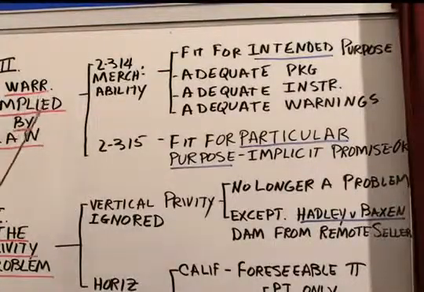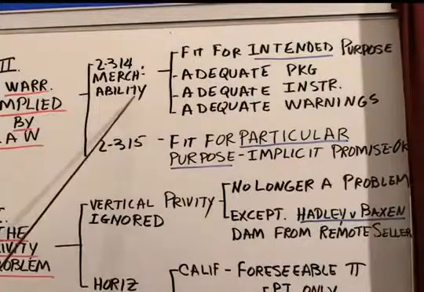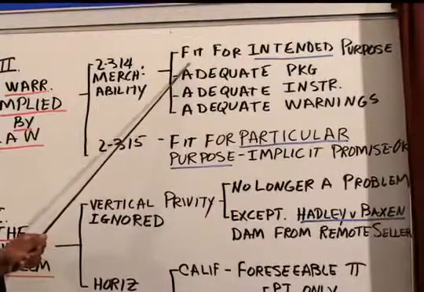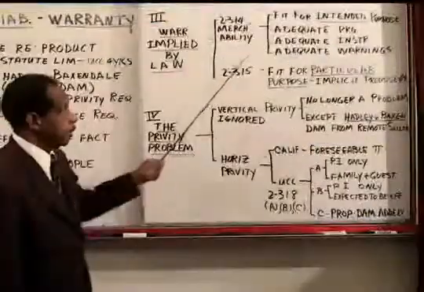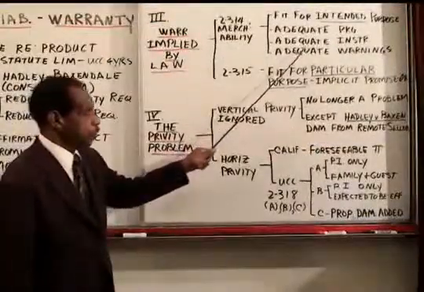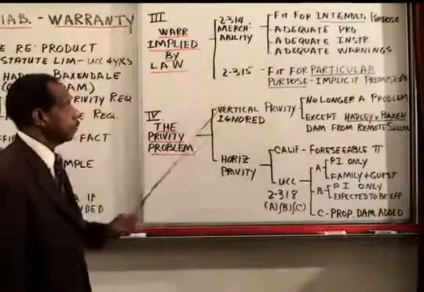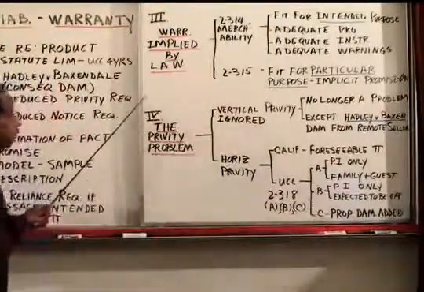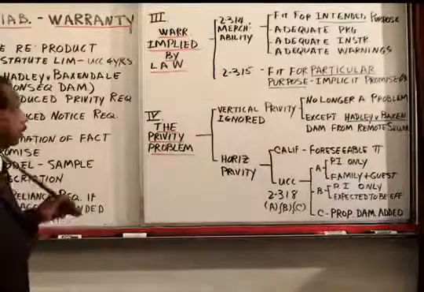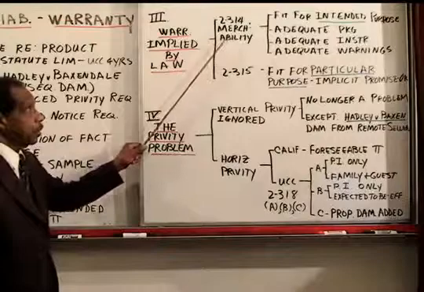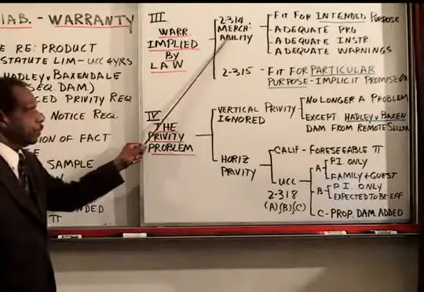So the warranty of merchantability could have been used for each of the three examples we have, the allergy, the car, and the lawnmower. And the inadequate instructions and warnings could have been used for perhaps all three of them also. Next, so we've covered the express warranties at 2-313, the implied warranties at 2-314,